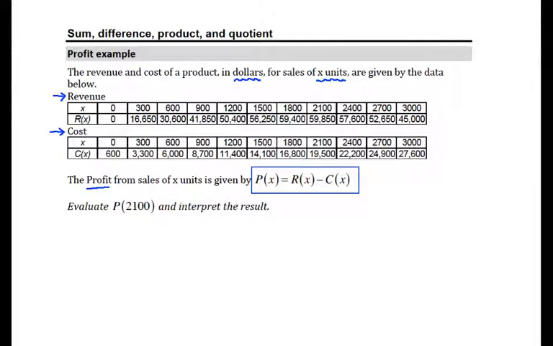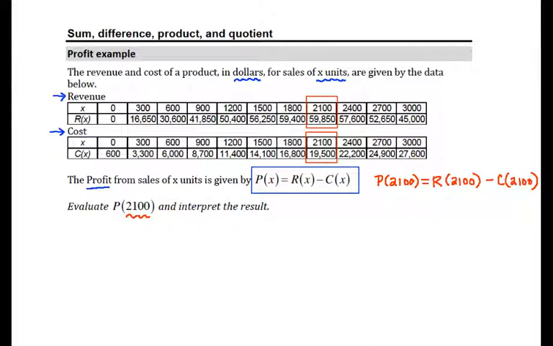First, we're going to just evaluate P of 2100. Note that if P of X is defined to be R of X minus C of X, then it makes sense that P of 2100 is going to place the same value, 2100, for X in both functions. So it's going to be R of 2100 minus C of 2100. So we just use the same input for both functions and subtract the results. Very simple definition. Here we have 2100 as an input for the function revenue and 2100 as an input for the function cost,